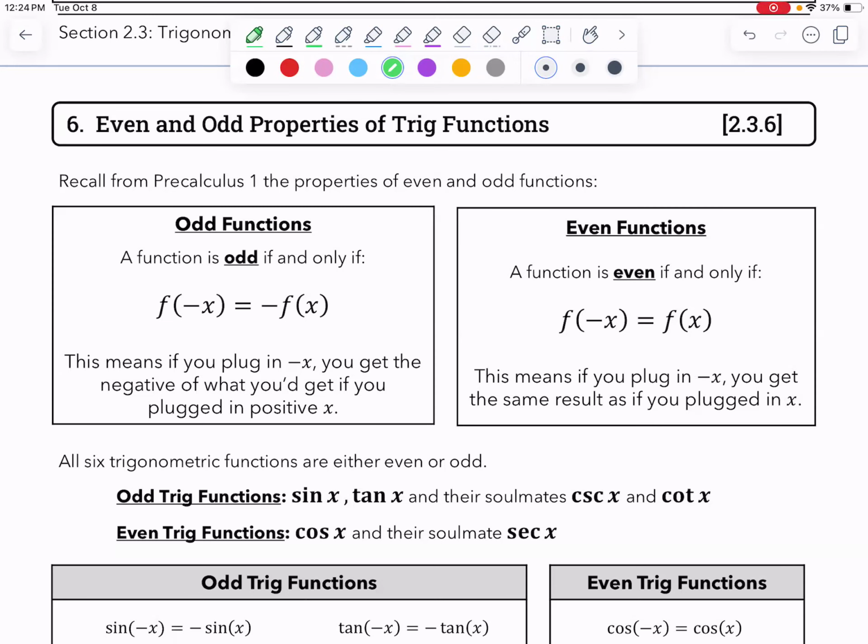Even and odd properties of trig functions. All right, so in pre-calc 1, you might have talked about even and odd functions, and the properties were this. It's kind of an obscure thing. With odd functions, there's information about being symmetric about the y-axis or the x-axis. We're not going to talk about the symmetry part of even and odd functions, just the algebra part of even